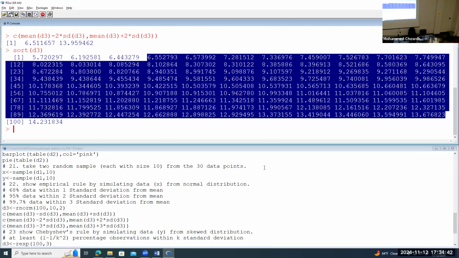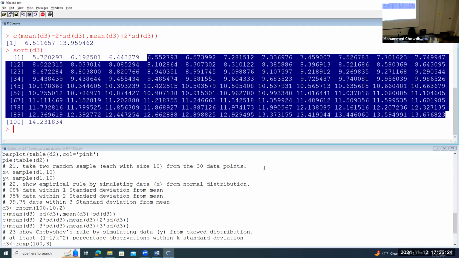So nowadays it is easier to convince the students by running a quick simulation that the empirical rule is true, and that is what you can see visually. You can observe, right? I simulated data, I generated data that has a mean of 10 and a standard deviation of 2, coming randomly from the normal distribution, and then I computed within 2 standard deviation range, which is